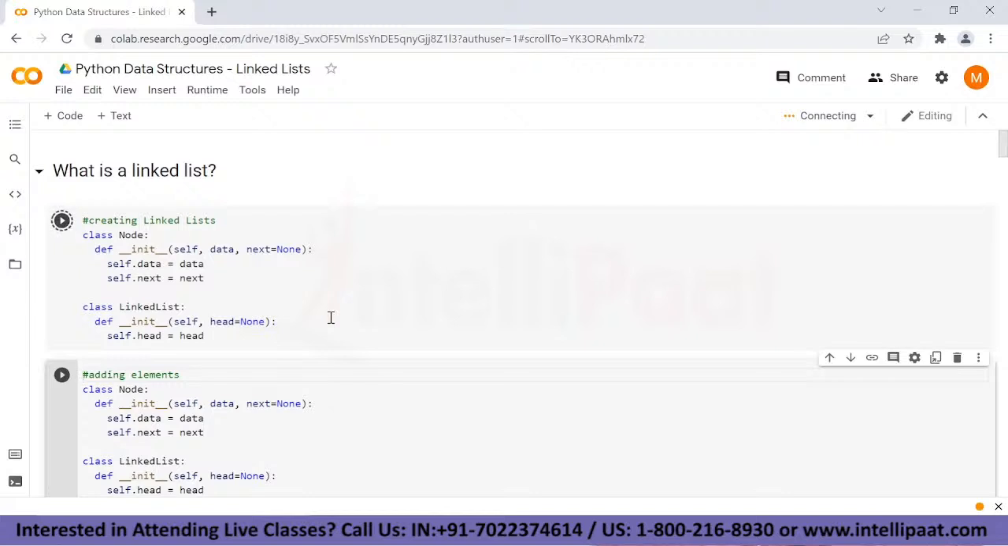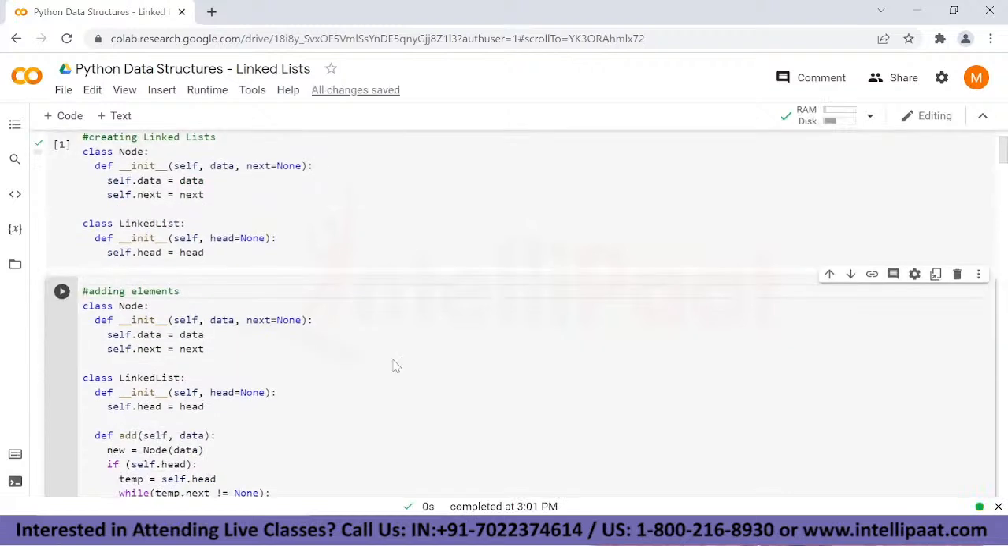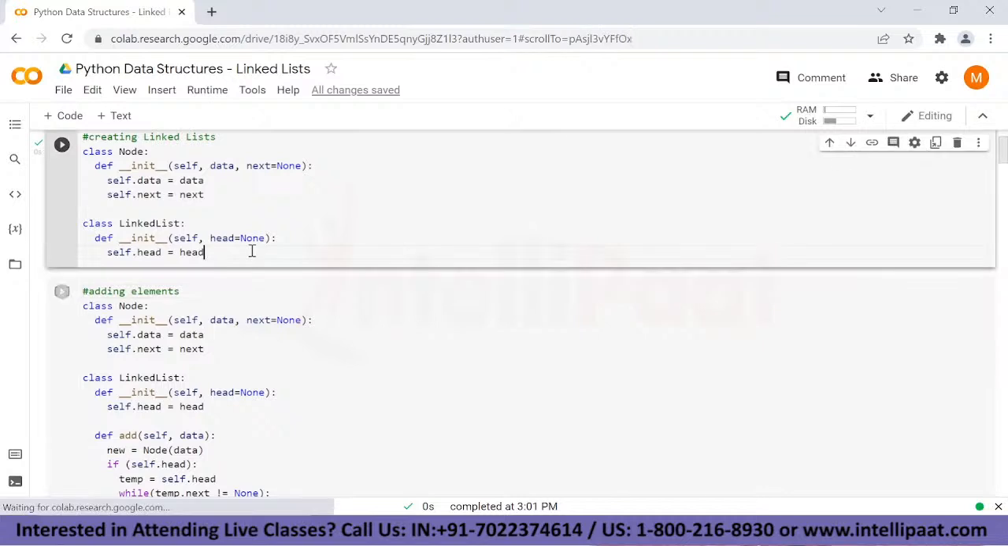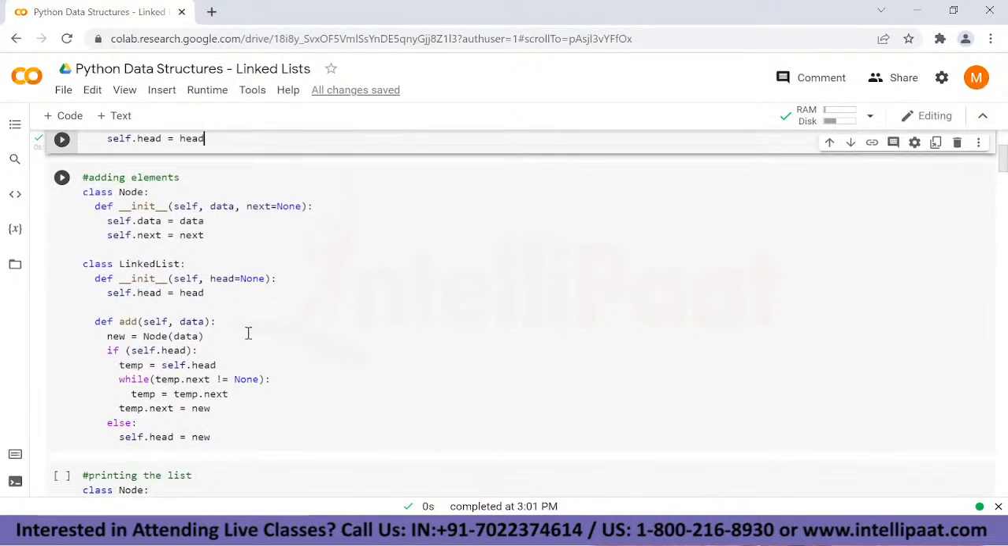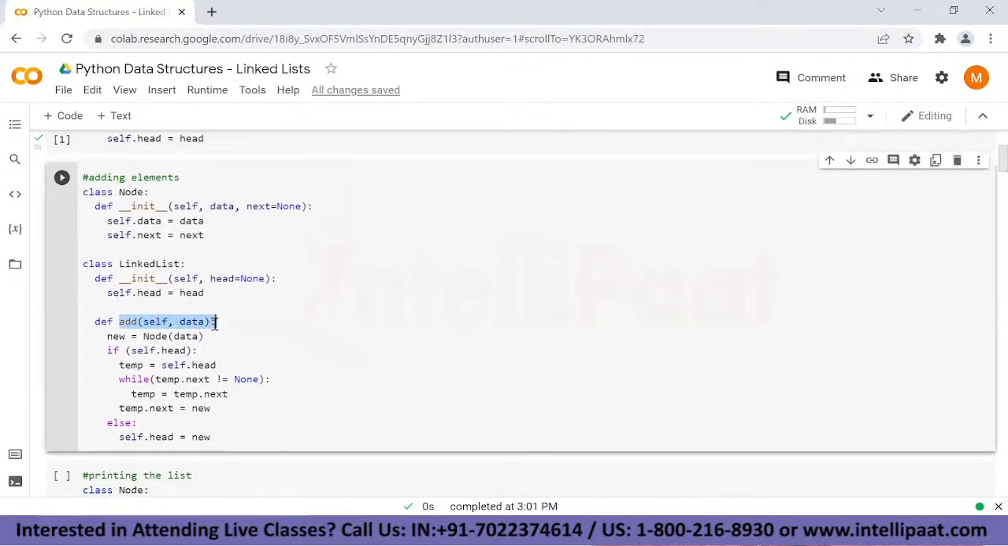After this, the most important part is adding the elements inside a linked list. To add elements inside the linked list we have created, we have created a function which is going to take in the value, the data parameter from over here, and it is going to create a node for that linked list. Now we have also given some expressions over here. What this means is